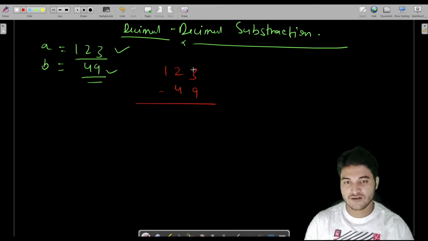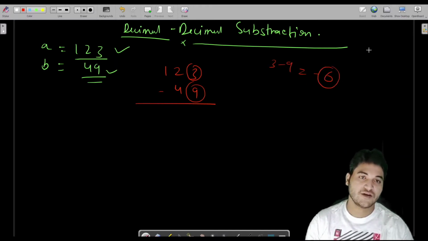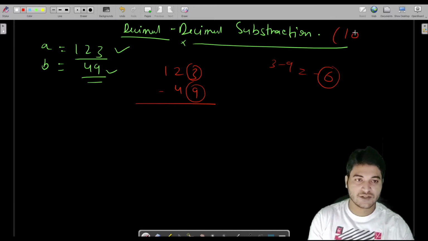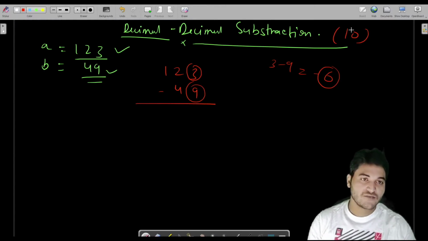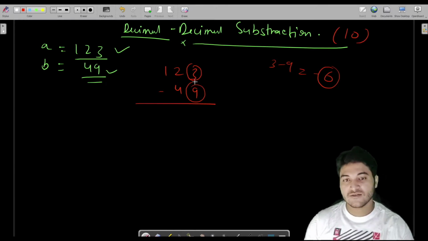Let us say we have 3 here, so first of all we pick this digit and this digit. If I subtract 9 from 3, that is 3 minus 9, we get minus 6. To update, the base for decimal is 10, because everything depends on the base. The rest of the logic is very similar, as we have already seen in my previous videos; the difference is only the base. So we cannot write minus 6 here. We have to take a borrow from here.